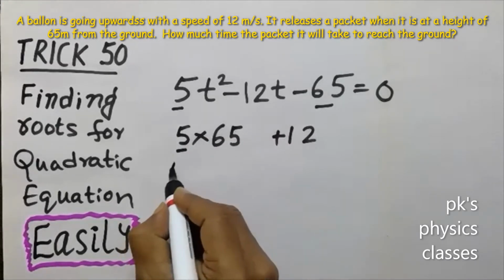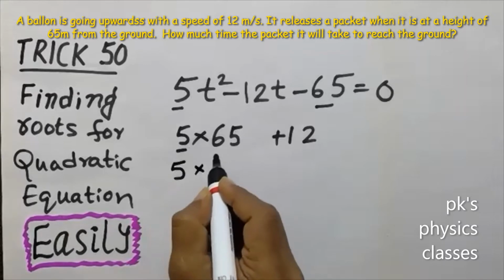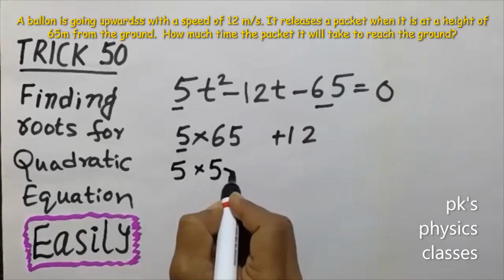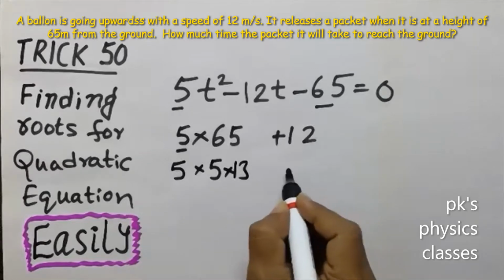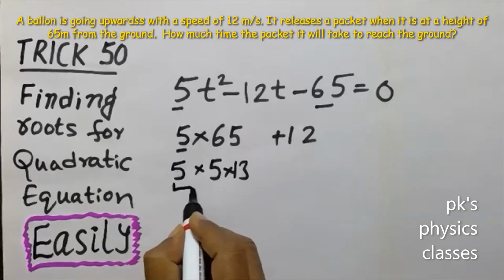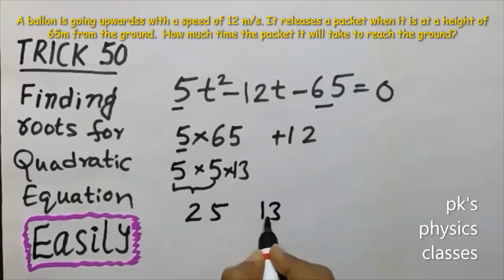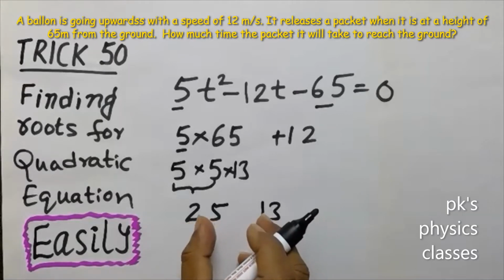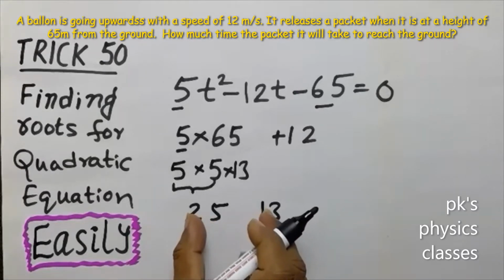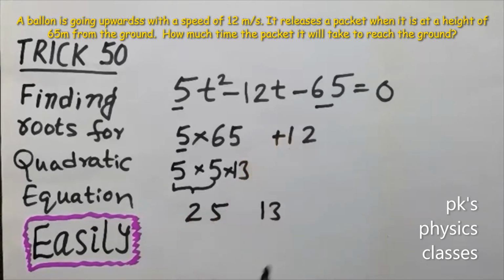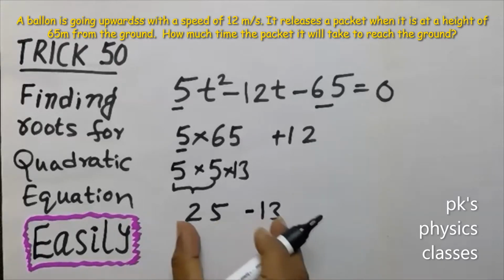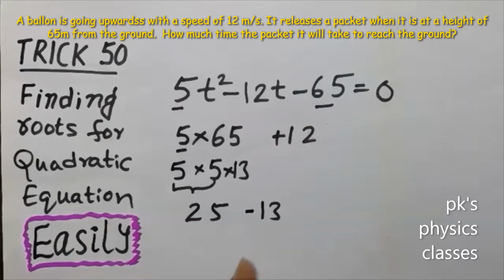See how to do that. 5 here, and 65 has factors of 5 and 13. This is a normal procedure only up to here, and here 12, just leave that, and these two, if you multiply, you will get 25. And here 13, just leave some gap here. If we do some mathematical operation between these two, like addition or subtraction, we should get plus 12. So what to do? Just put a minus 13, and this is 25. 25 minus 13, if you add these two you'll get 12. Okay, there is one more small next step.